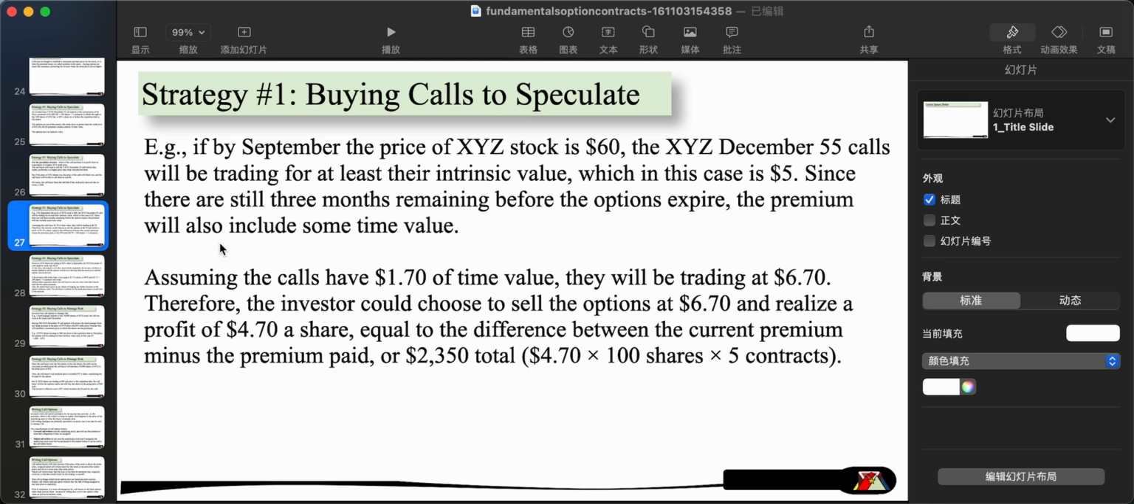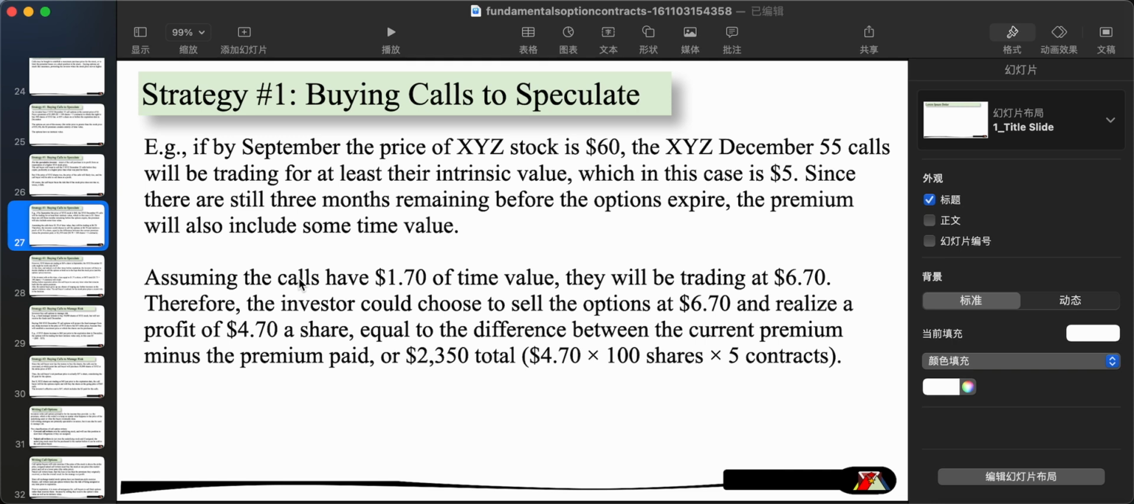For example, if by September the price of XYZ stock is $60, the XYZ December 55 calls will be trading for at least their intrinsic value, which in this case is $5. Since there are still 3 months remaining before the option expires, the premium will also include some time value. Assuming the calls have $1.7 of time value, they will be trading at $6.7. Therefore, the investor could choose to sell the option at $6.7 and realize a profit of $4.7 a share,